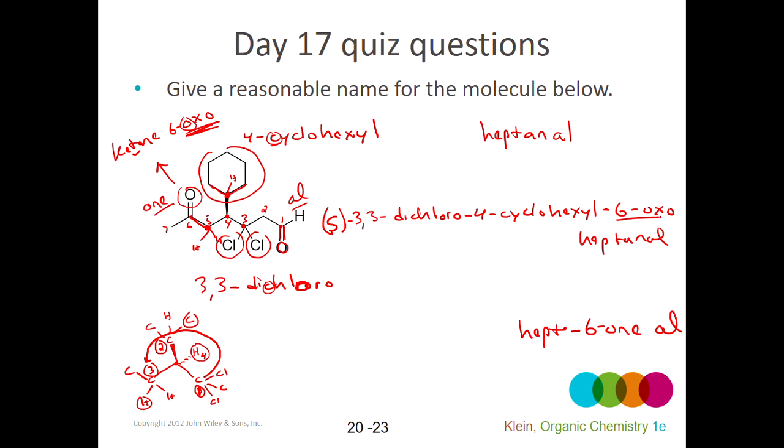So I can put the 6-oxo if I'm naming it as a substituent in front of the parent name, or I could put the -one suffix and the -al suffix both in the parent name, but I would need the 6 there to tell where the ketone is. I don't need a number in front of the aldehyde suffix because the aldehyde is always going to be on carbon 1. So then that would be S